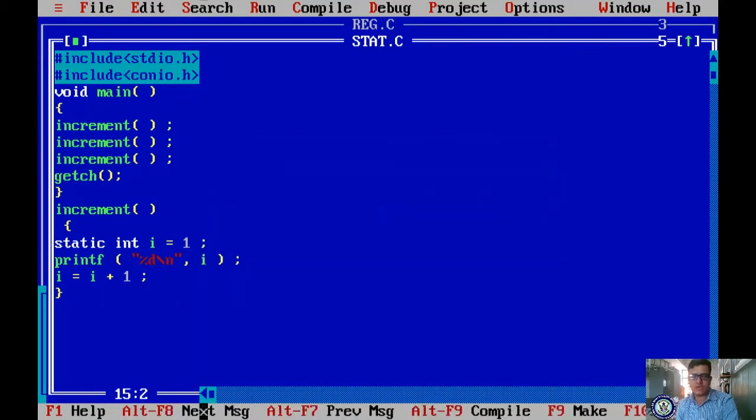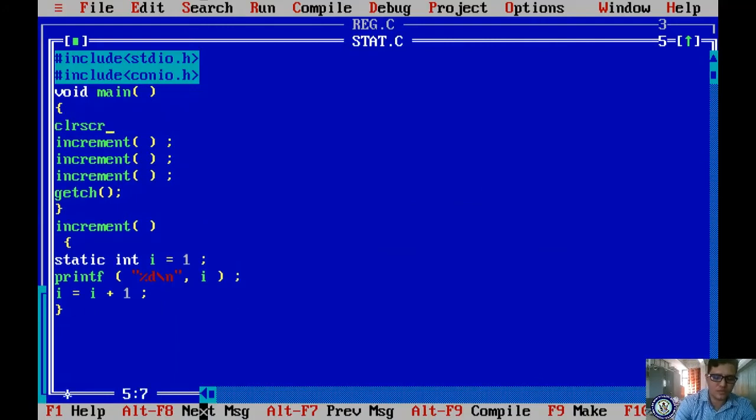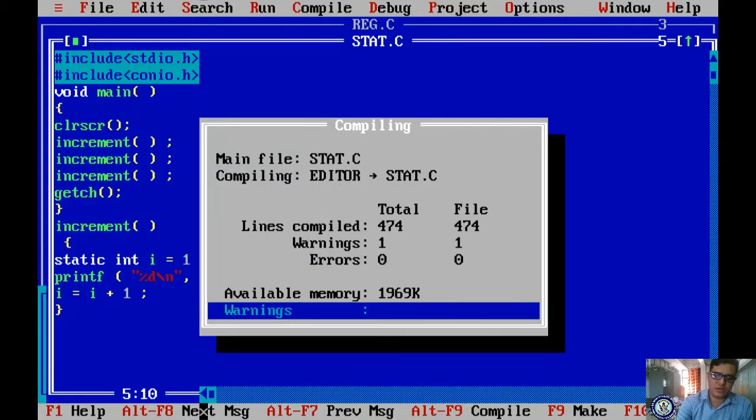Compile. If you run here, it is showing 1 2 3, and 842 is also showing because it is from the previous program. So if you don't want the previous program's output, give the clear screen function. Now compile it and run it. If you run it, it is showing 1 2 3. Actually, once the function call is terminated, whatever values it has held, it releases. But in the case of static, it doesn't release, it persists, it retains.